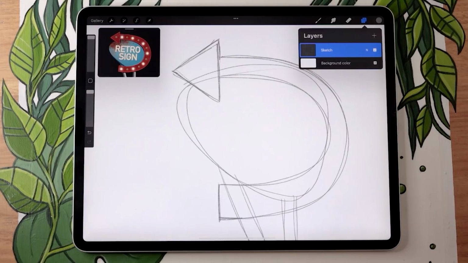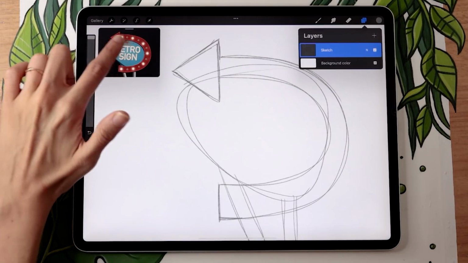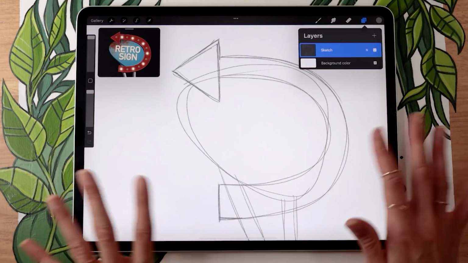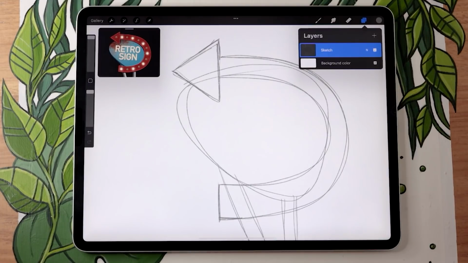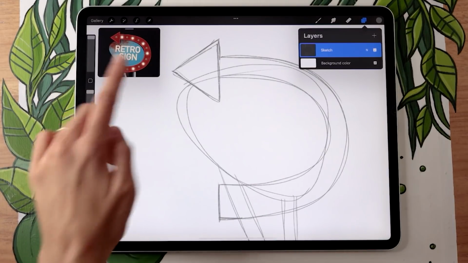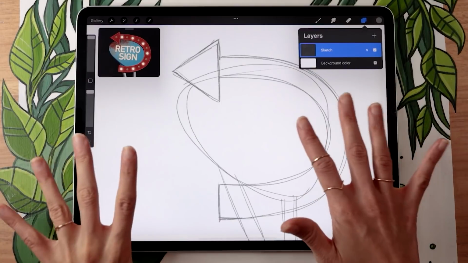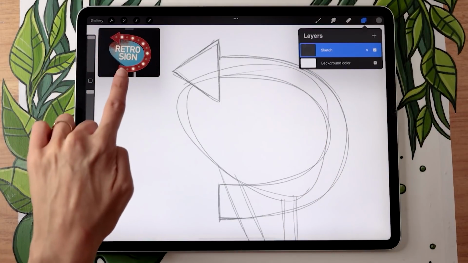But you could also use brushes that are really quite popular in the market. A lot of creators have them, I have them, which are 3D brushes, and those can help you draw everything all at once in one stroke. So I'm going to show you how to use 3D brushes for the rest of the sign, but again, it's the same technique, you have 2 different ways to do it. So let's start with technique number 1, which is drawing 3D by hand with the free brushes. So we're going to do that for the arrow.